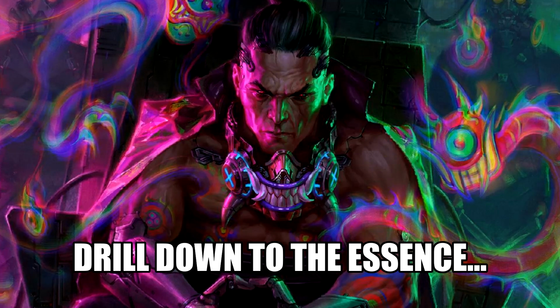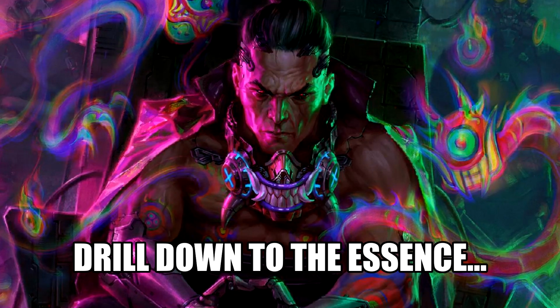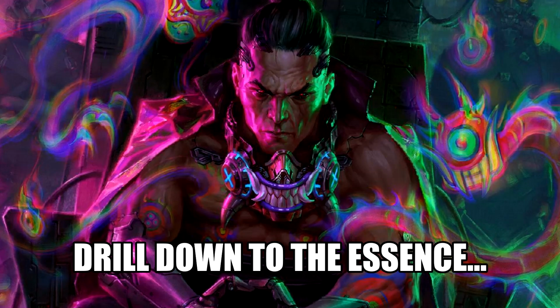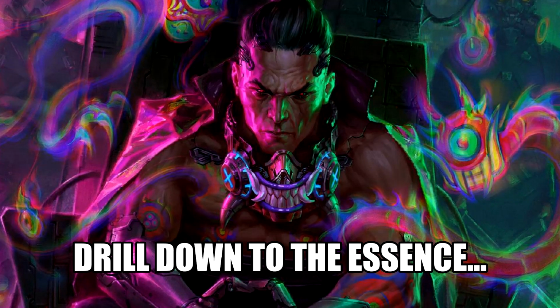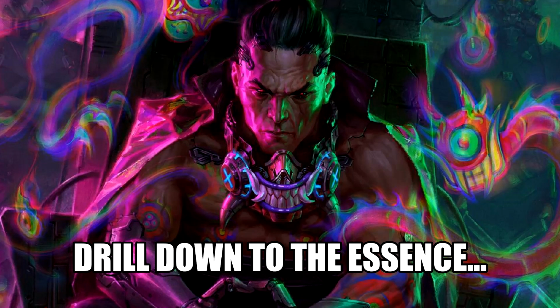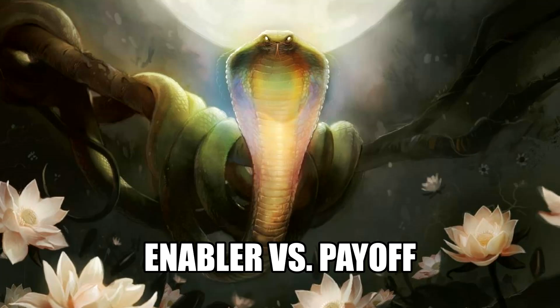Next, really dig down to the essence of your commander. This is a game with 20,000 game pieces. There are multitudes of strategies. You need to figure out what your commander wants to do and examine every aspect of it, including the creature type. And the last thing we want to do is decide if our commander is an enabler or a payoff